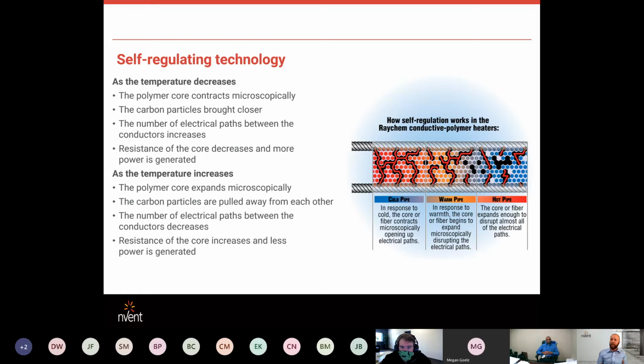It reacts by expansion and contraction of the carbon polymer core along the length of that cable based on the ambient temperature that that cable at that point is experiencing, if that makes sense. So that's how it self-regulates itself. And I'll get into another point with that, which is that